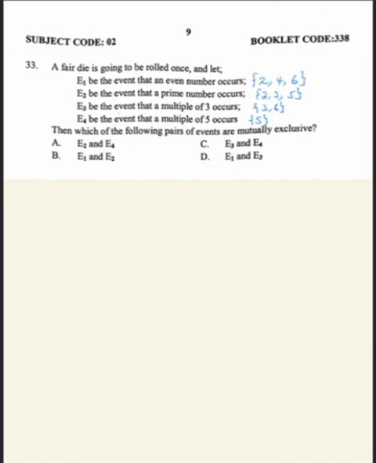Then which of the following pairs of events are mutually exclusive? So mutually exclusive events ምንላቸው፤ ሁለት ኢቨንቶች ኢንተርሴክሽናቸው ኢምፒቲ ከሆነ ነው። So ኢንተርሴክሽናቸው ኢምፒቲ የሆኑ ኢቨንቶች እነማን ናቸው ከነዚህ ምርጫ ውስጥ? ወደ A ብንሄድ E2 intersection E4፣ the intersection of E2 and E4 is not empty, it's 5 which is different from empty set. So E2 and E4 are not mutually exclusive. B ጋር ስንሄድ E1 and E2 እናገኛለን፤ the intersection of E1 and E2